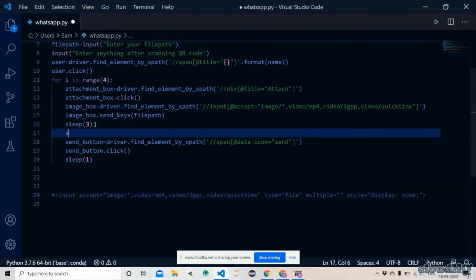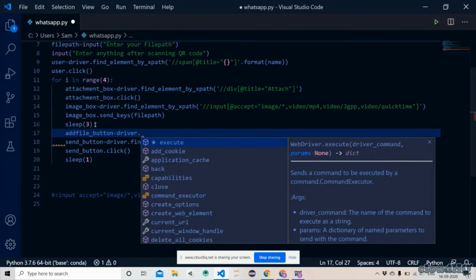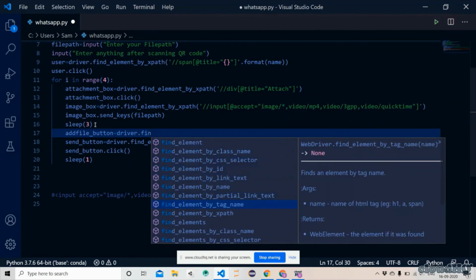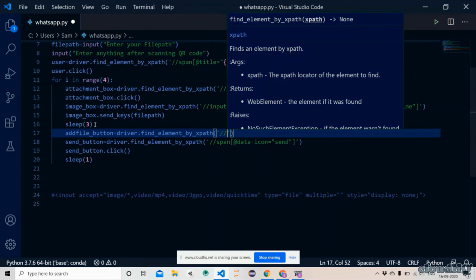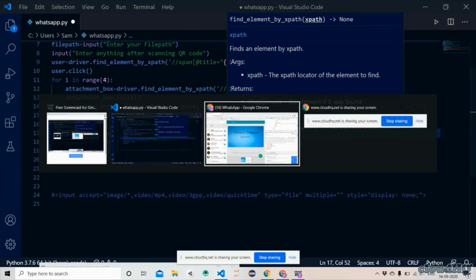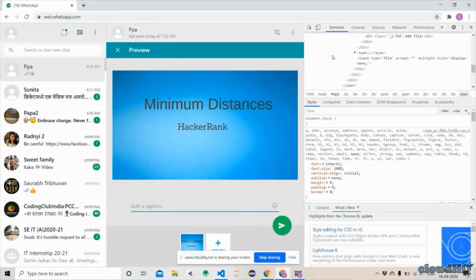So I would take a variable as add file button, and I would again get that element by our find element by XPath. And you can see that it was there, the add file button. It is saying that it is an input element having accept with the star value.